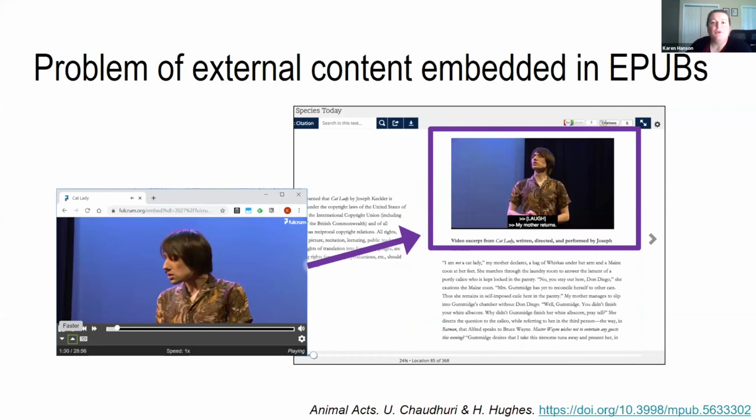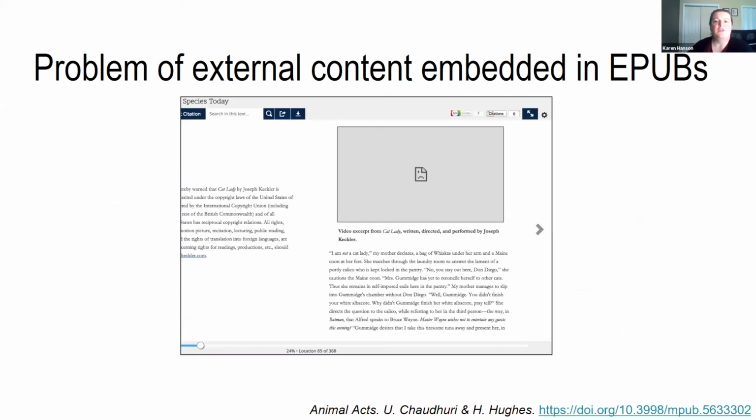So for example, this is a book from the University of Michigan's Fulcrum platform. And this book has quite a lot of long, high quality embedded videos. And although the publisher has the video files and can provide them, if they were embedded inside the EPUB, even at a lower resolution, they would make the EPUB very large and just not very portable. So instead, they host the media file on the Fulcrum platform and just reference it. So if we received these and left them as they were for access, then eventually, if ever we needed to make this available because it was no longer available on the publisher site, you'd get this 404 box in the middle of the publication.